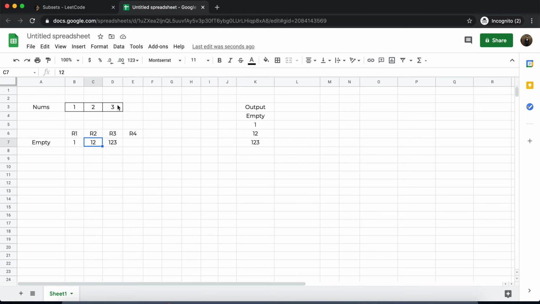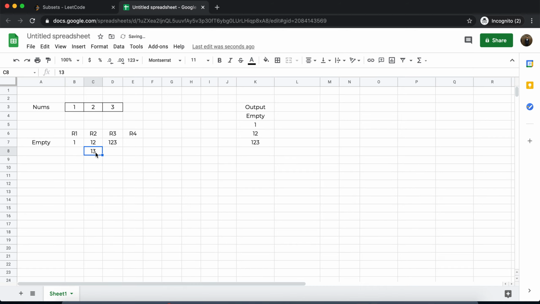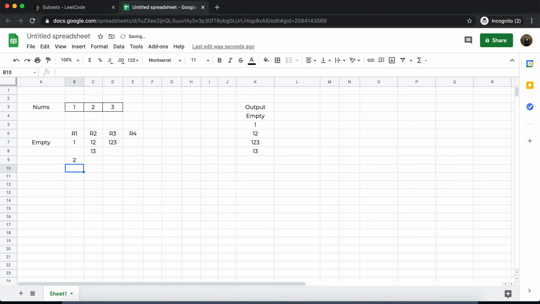Now this function has some elements left, 3 is still left, so it will remove 2 and add 3. So 1 3 will be formed, that will be added to the output by the third function, which then returns the control. Now the second recursive function has no more elements left, 2 and 3 are exhausted, so it will return the control to the first function. This function has a few more elements left, 2 and 3, so it will remove 1 and add 2, and start all over again.